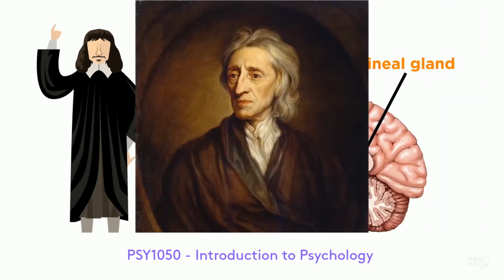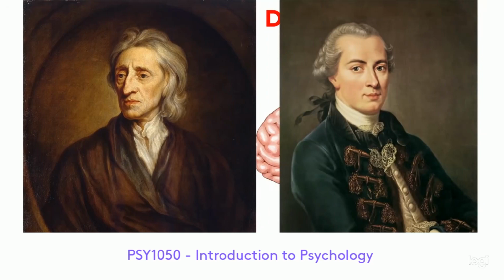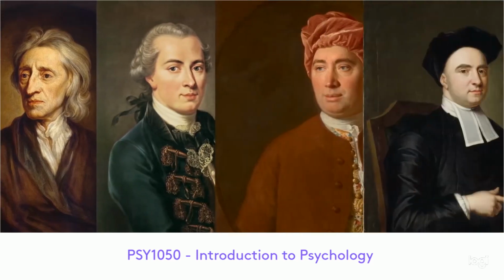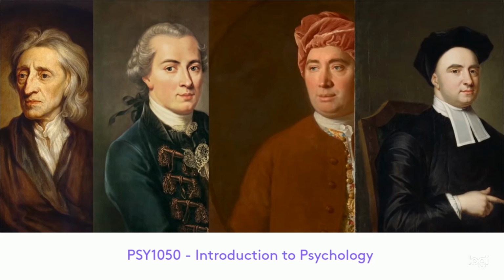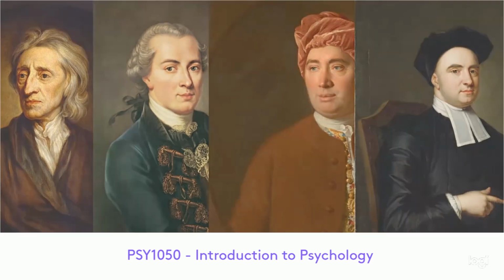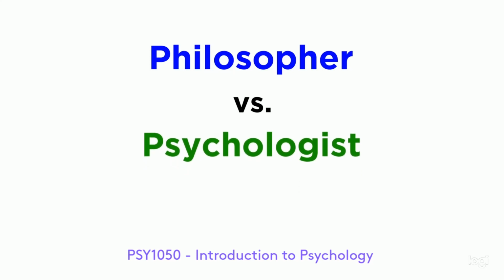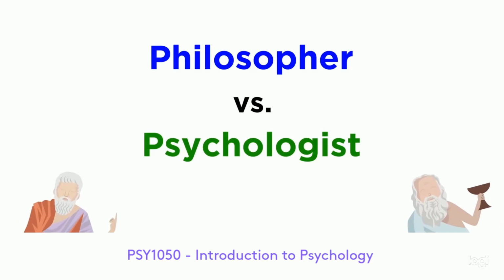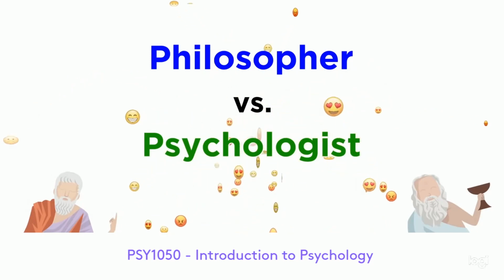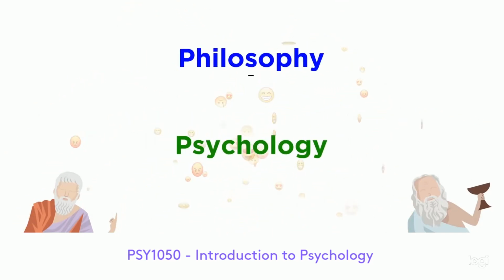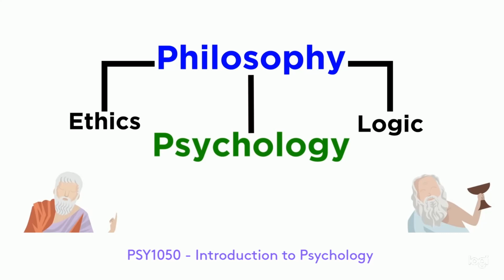Philosophers continued to debate this idea and theorize other ways the mind could work up until the middle of the 19th century. Now, you may have noticed that we have been using the term philosopher instead of psychologist when talking about early psychology. When thinking about the mind, philosophers struggled with how to measure immaterial things like thoughts and feelings. Since we couldn't actually measure anything, early psychology was considered to be a branch of philosophy and not a science.